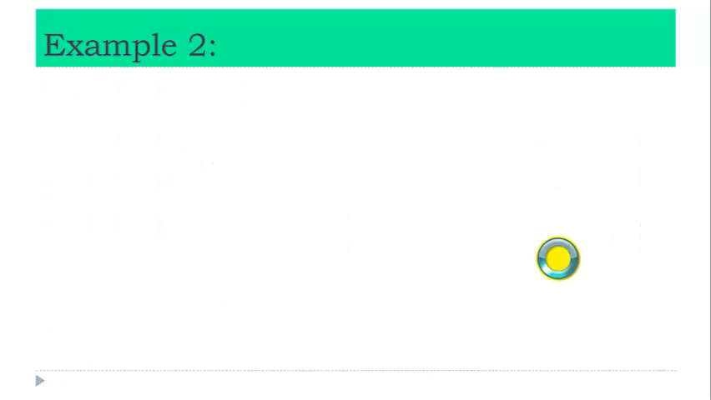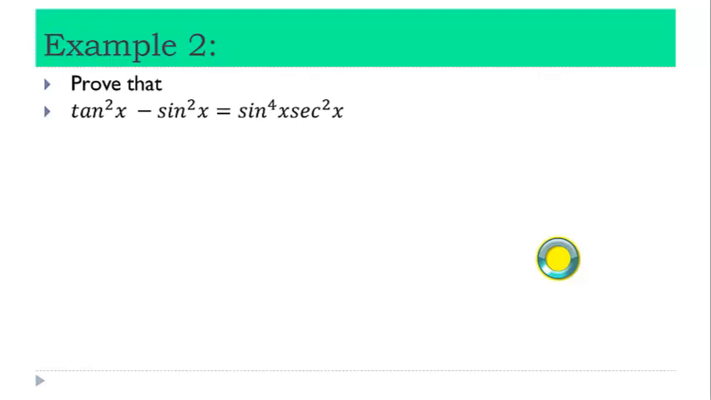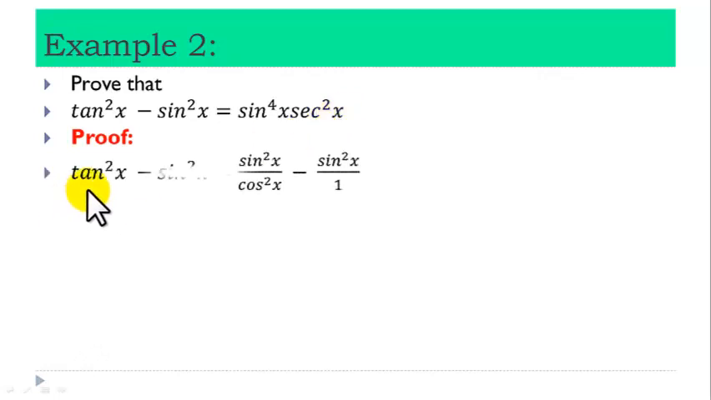Example 2. Prove that tan squared x minus sine squared x is equal to sine to the power 4 x times sec squared x. Proof. Starting from the left hand side, tan squared x minus sine squared x is equal to sine squared x over cos squared x minus sine squared x over 1. Taking LCM, which is cos squared x, and factoring out sine squared x, which is a common factor, we have